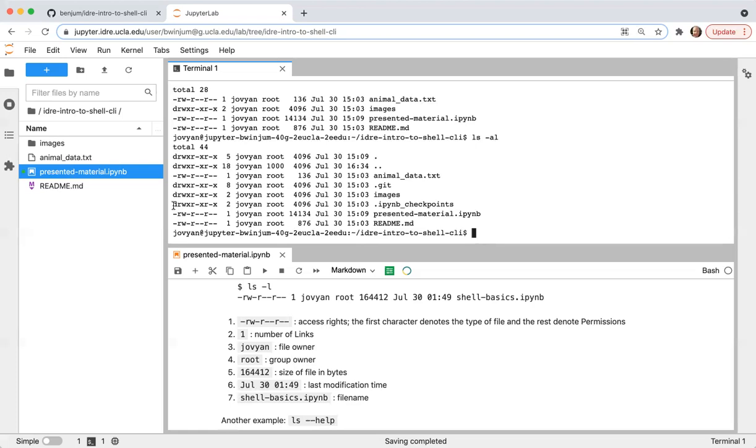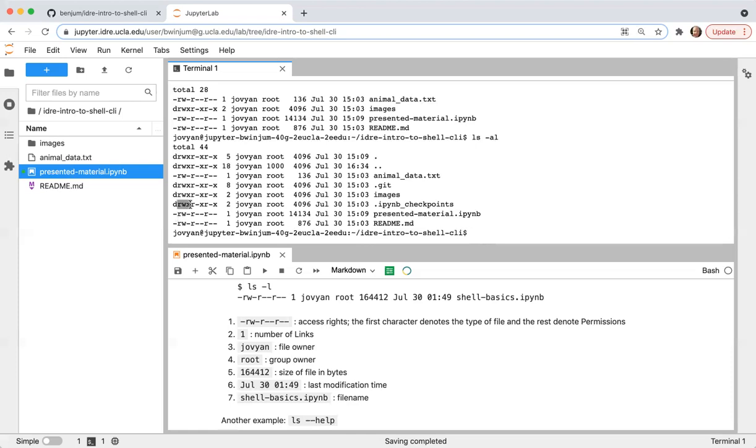And then what's listed here are the file permissions, they're called. I'll talk about file permissions at the very end if I have time, but the basic idea is the first of these tells you whether it's a regular file, which is denoted by the dash, or if it's a directory. If it's a directory, it has a D here. So D for directory, and this dash tells you it's just a regular file.